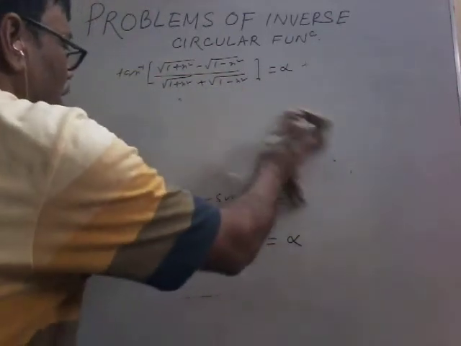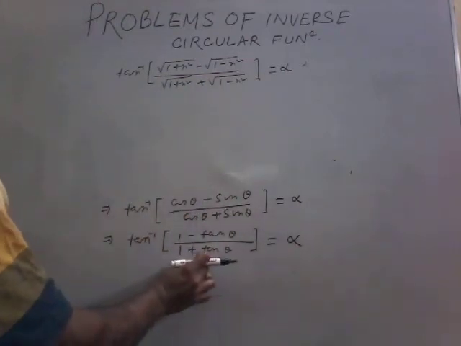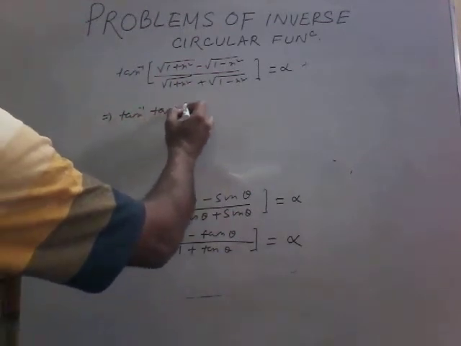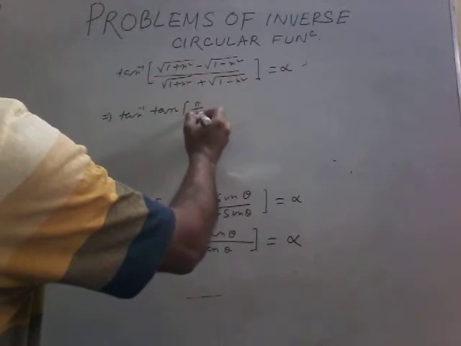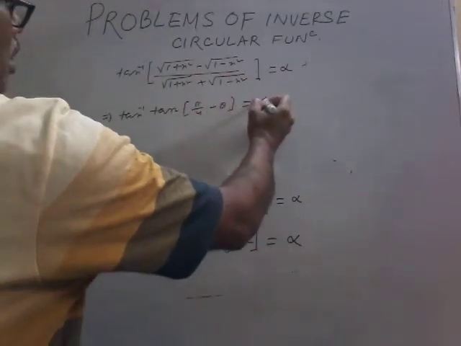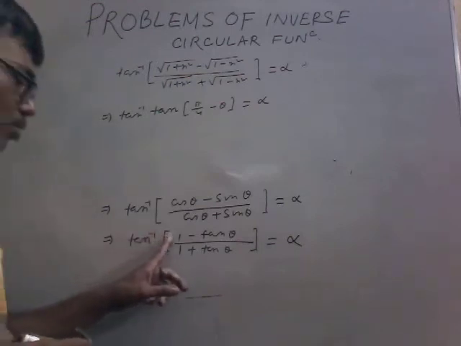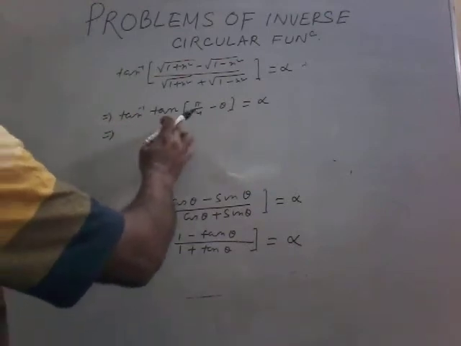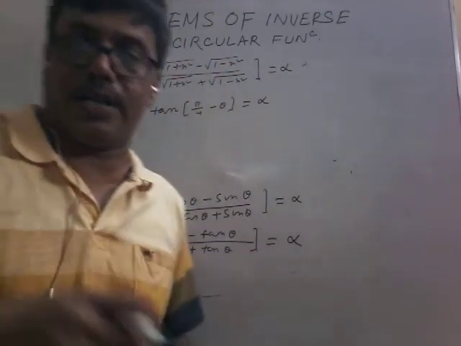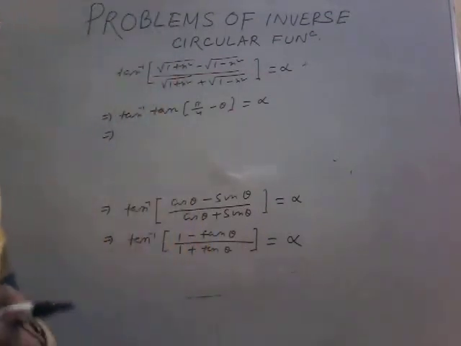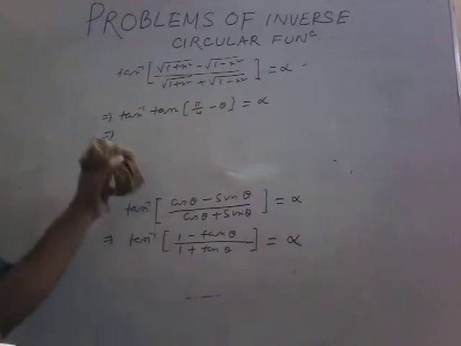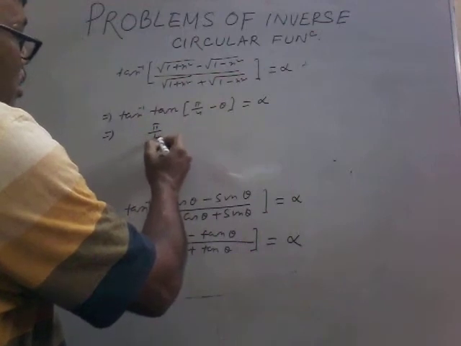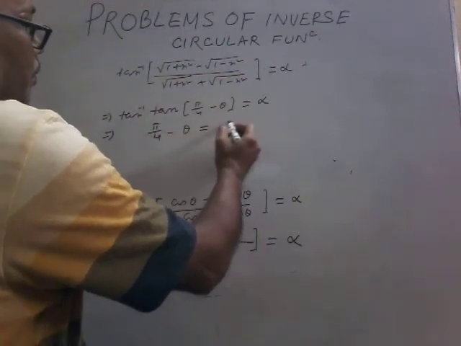Now, this one is the formula of tan inverse, then this is the formula of tan(pi by 4 minus theta). Omitting one step, 1 equals tan pi by 4 minus tan theta. So finally, look, tan inverse tan x is x if x belongs to the principal value. Here no restriction is given, that is why we have taken this as pi by 4 minus theta.